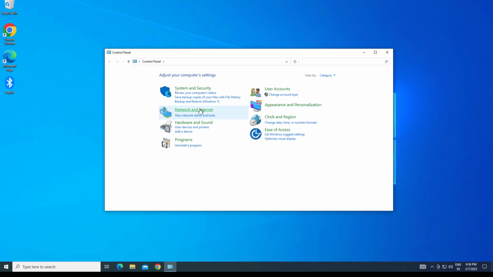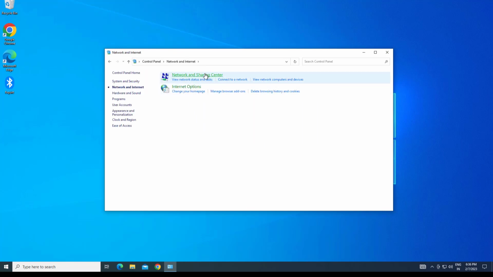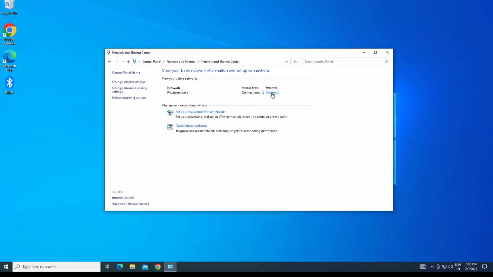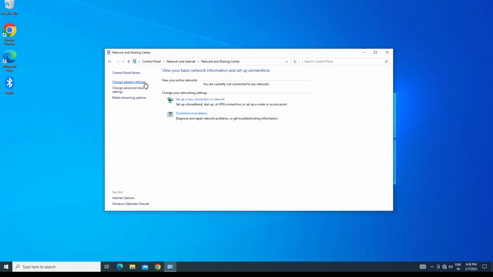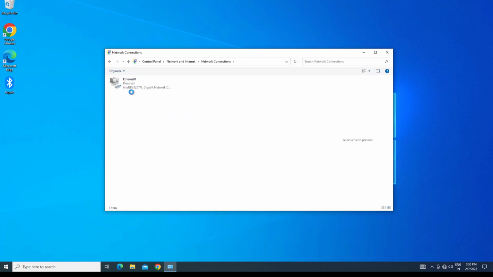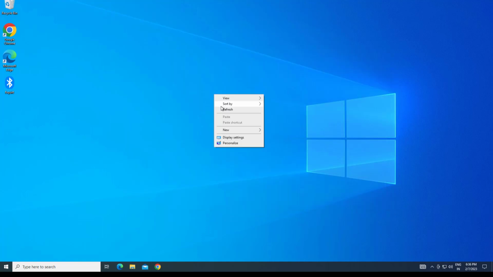Open Network and Internet. Open Network and Sharing Center. Click on your network adapter. Press Disable. Click on Change Adapter Settings. Right-click your network adapter and select Enable. Now your problem should be fixed. If that didn't work,